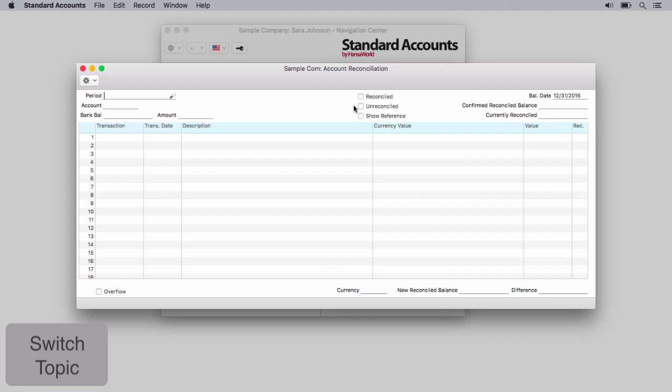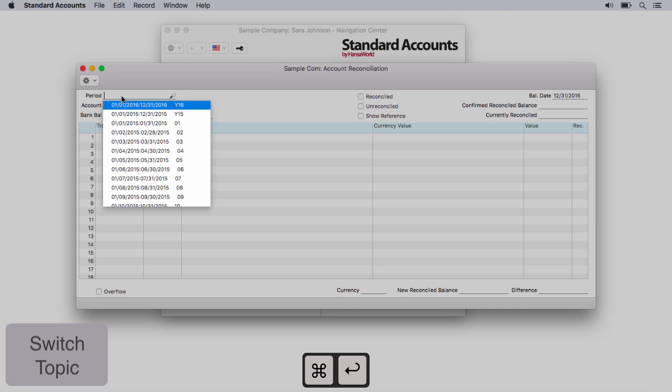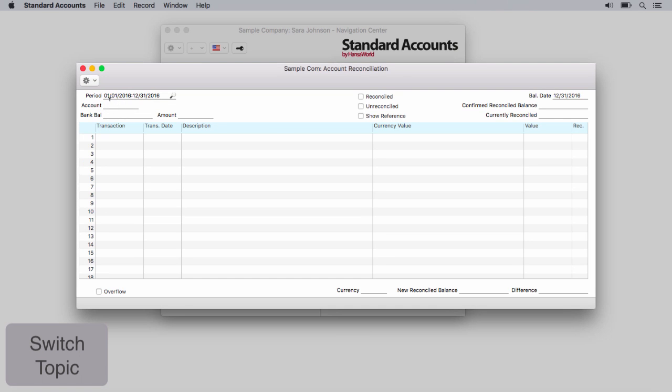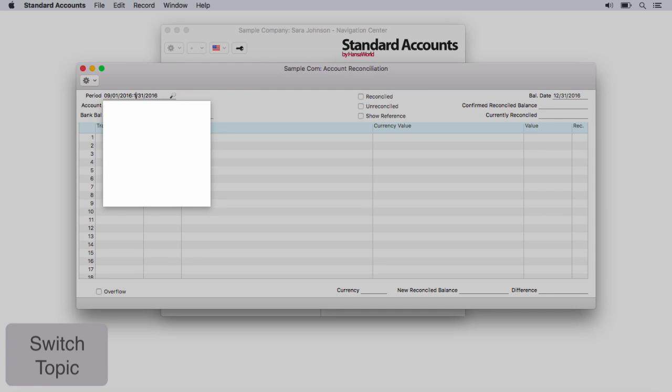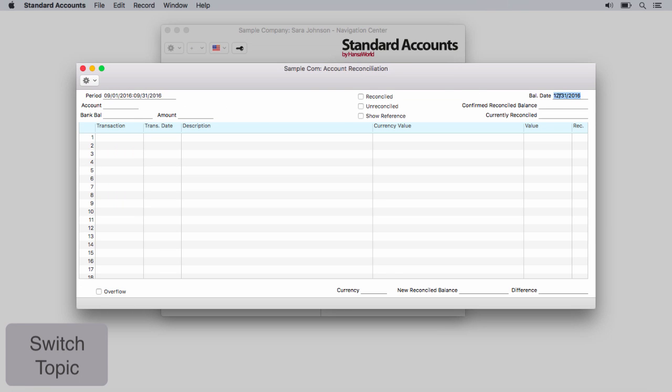In the window that is now displayed, first enter the period for the account reconciliation. Specify a period when all the transactions that you will reconcile were created. You can choose a period using Pay Special, Command and Enter to open the list of reporting periods, or you can enter a different period manually by entering the start of the period, then a colon, and then the end of the period. Confirm the balance date in the balance date field, and then, in the account field, enter the